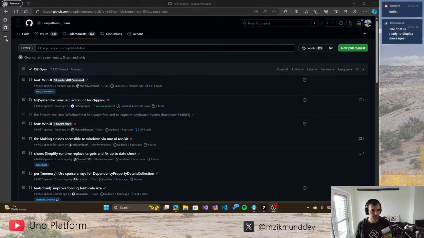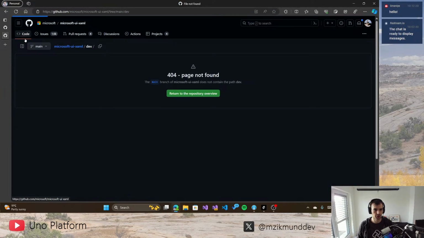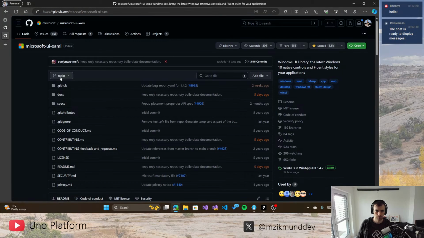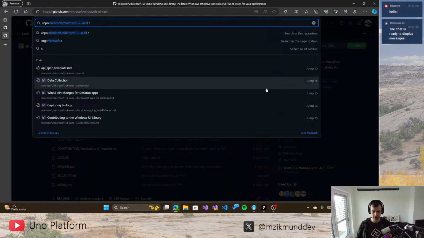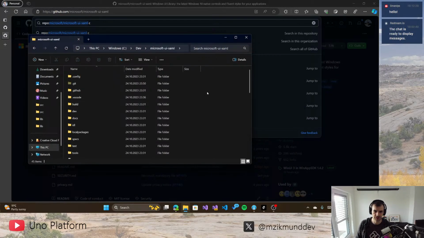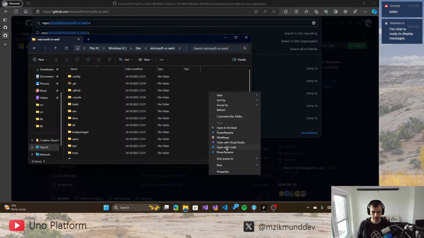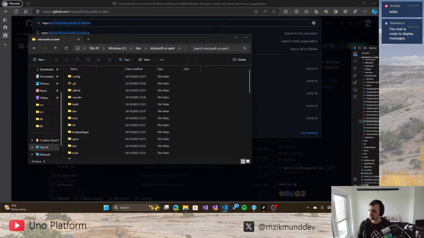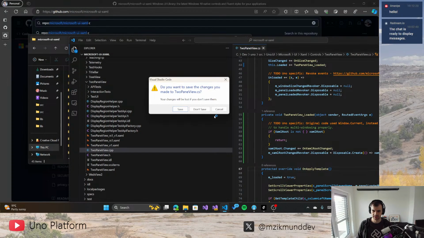That is basically going to be getting rid of many of those classic Window.Current references, because I have cloned the existing repository here. So this is the WinUI 2 version of WinUI. So if I search here for